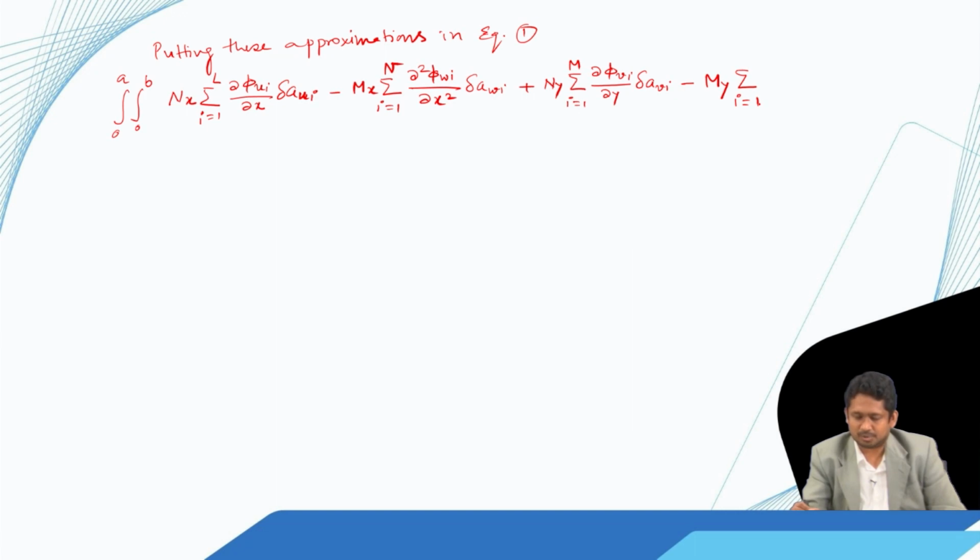So here it goes from I equal to 1 to n, del 2 phi w by del y 2